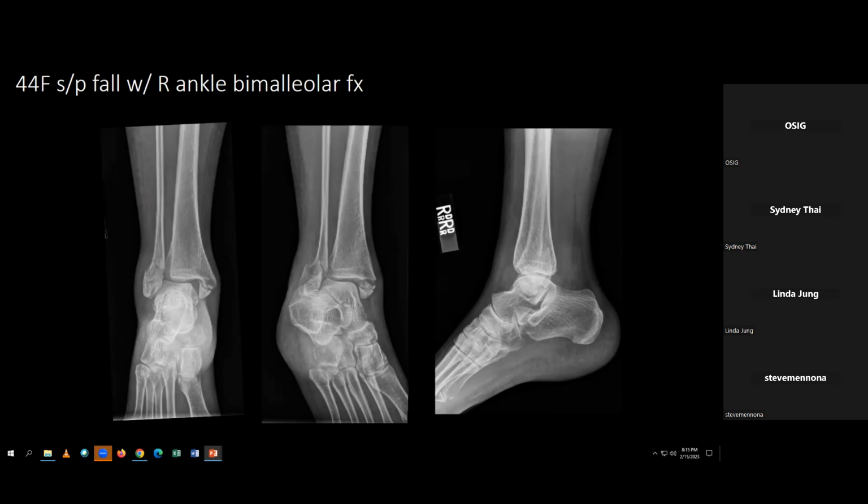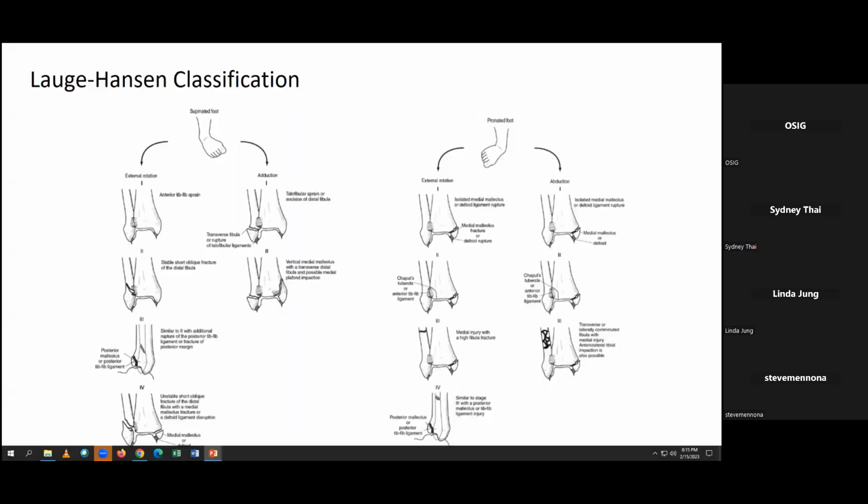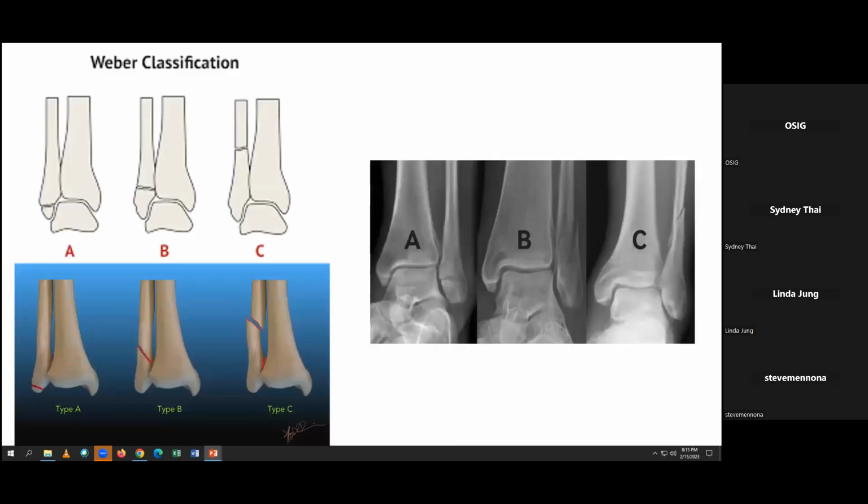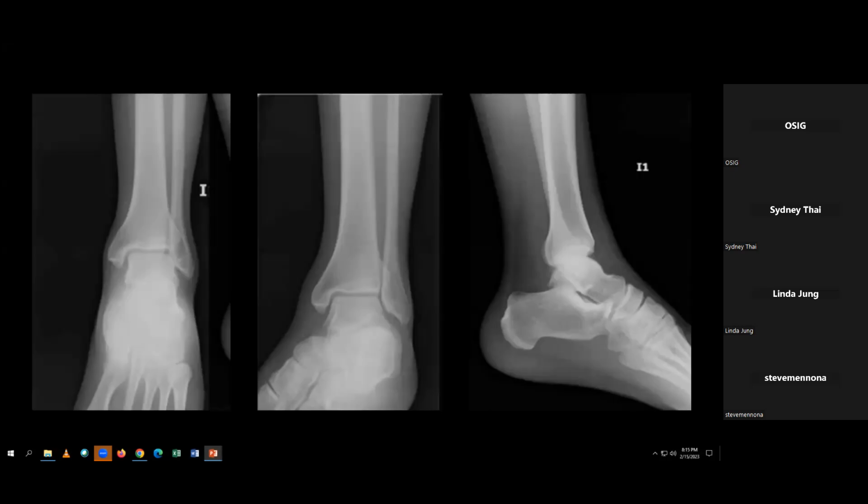And Jason was talking about the Lange-Hansen classification, which is good for, I think, just describing patterns. And it gives you an idea of what the mechanism of injury is. But honestly, I think the easier way to understand it is just calling it by how many malleoli are affected. So you usually describe it in 3 malleoli, or there's the lateral malleolus, which is the fibula essentially, the medial malleolus, which is the